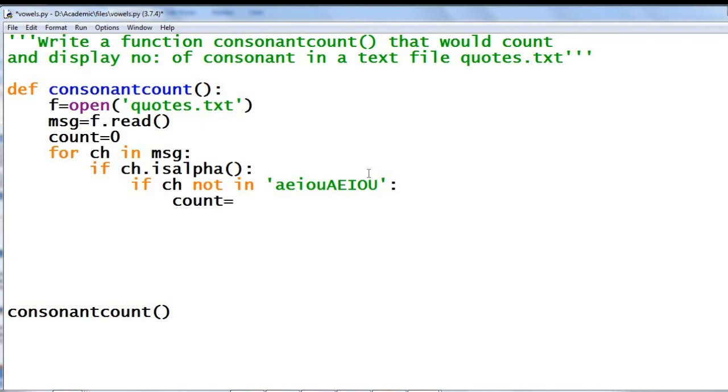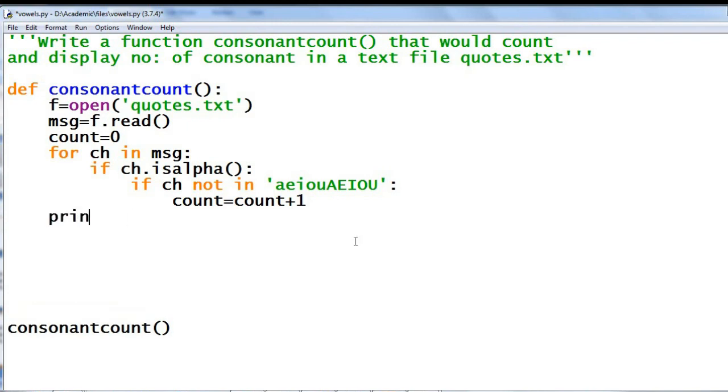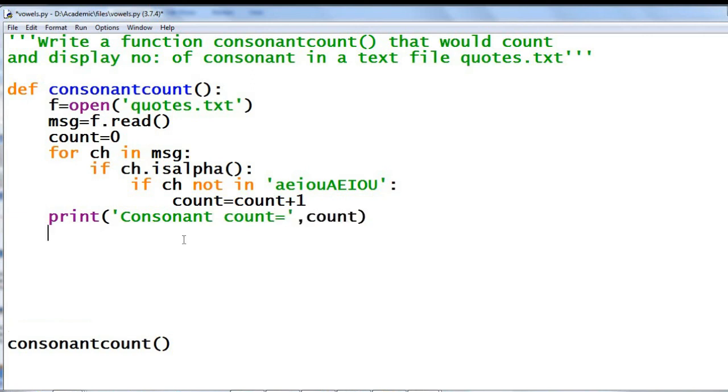Count equal to count plus 1. Then at last print the consonant count. Print count. Then close the file. F dot close.